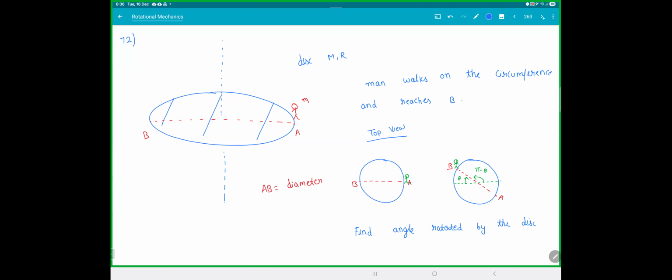Think of it like this, basically, you're replacing mass with moment of inertia, isn't it? What matters is not mass. Listen,